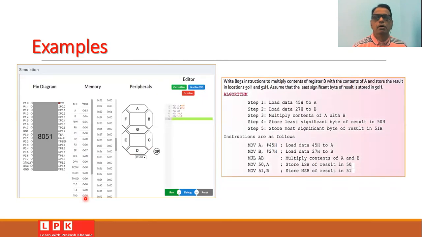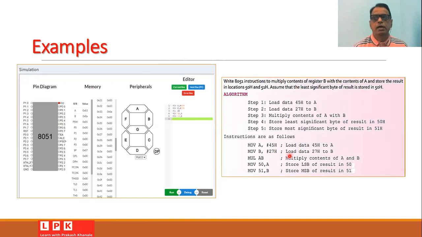Another program you can always try. Suppose we want to write an 8051 program to multiply the contents of the register B with the contents of the register A, and we want to store the result in the locations 50H and 51H.